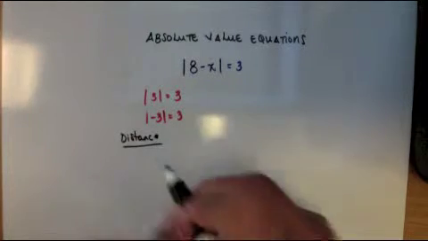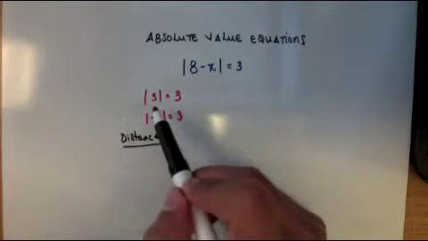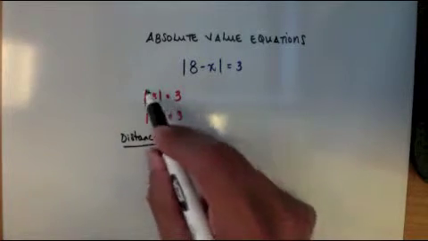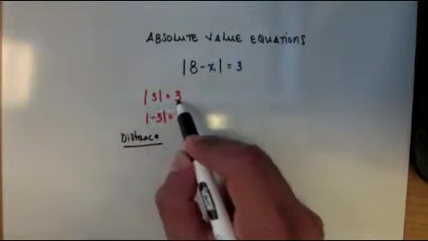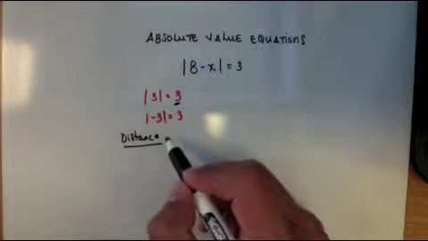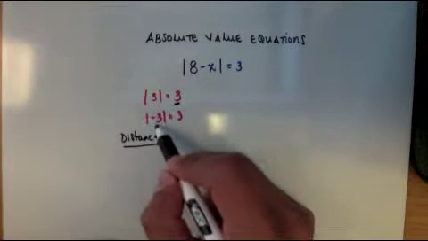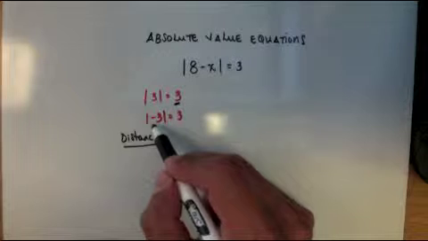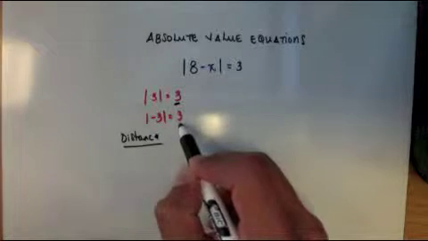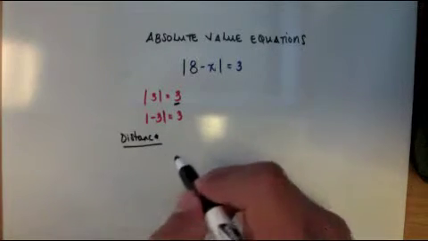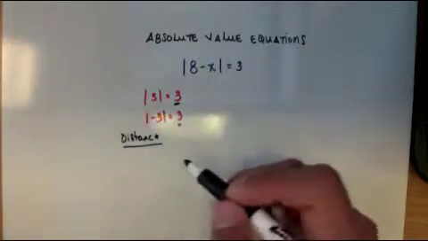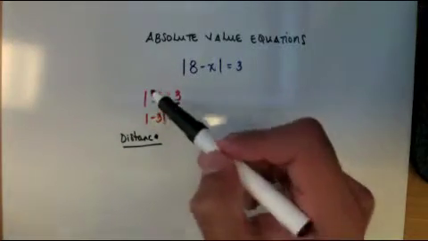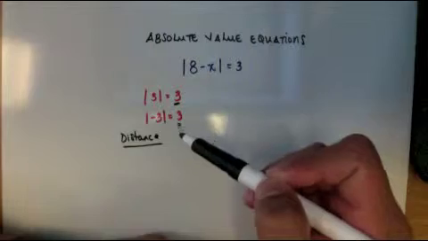So absolute value has to do with the distance. So if we take the absolute value of 3, it's 3 units from 0. The same thing with -3. The absolute value of -3, well, it's still 3 units from 0. Okay, so what maybe a lot of you understood is that anything inside here becomes a positive, and essentially that's